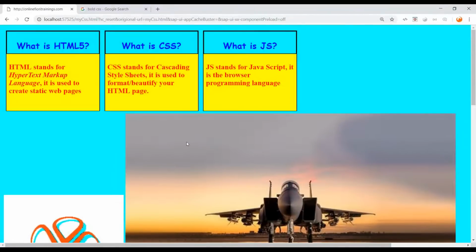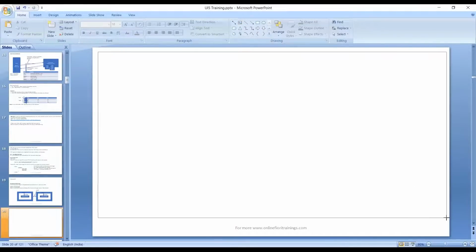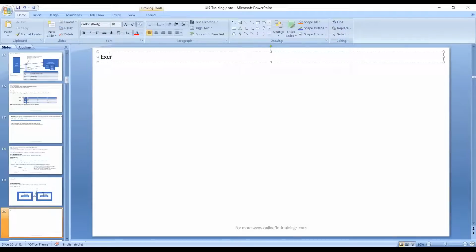I want you to align these images in a single row and just make it the same size as my above box. Okay, that's an exercise. Let me write it down so it will be more clear for all of you. So I want to align all 3 images